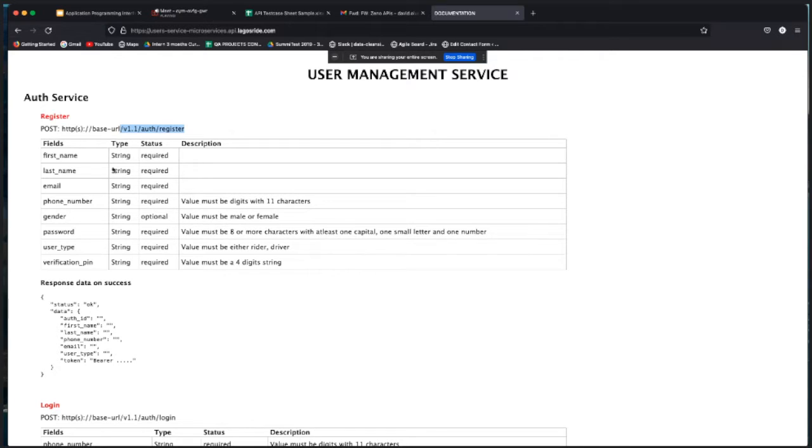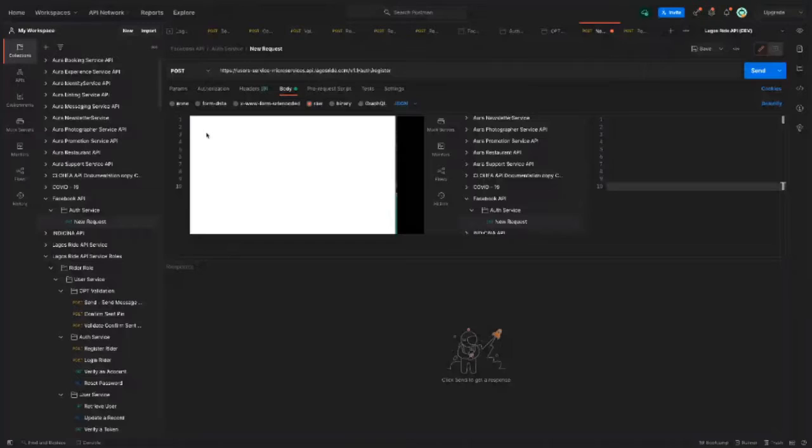It can be a string, it can be alphabet, it can be a number, and all these are listed there. So first name is a string. We've already passed in the first name, and the last name.